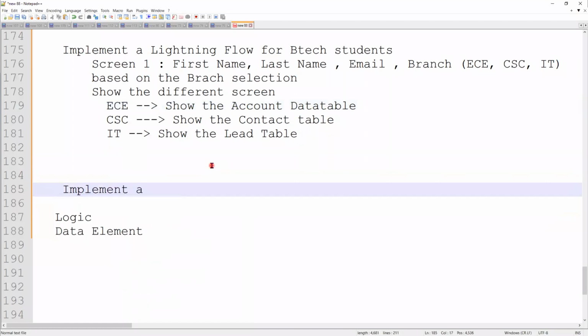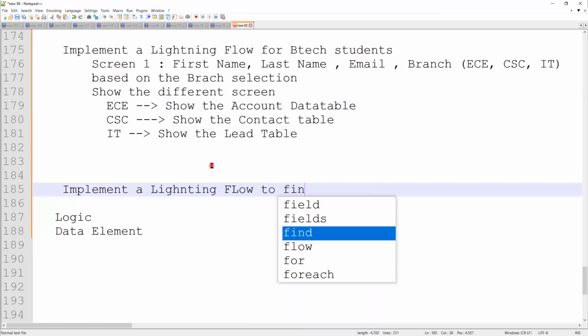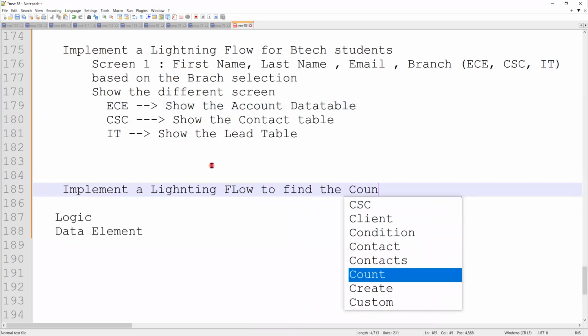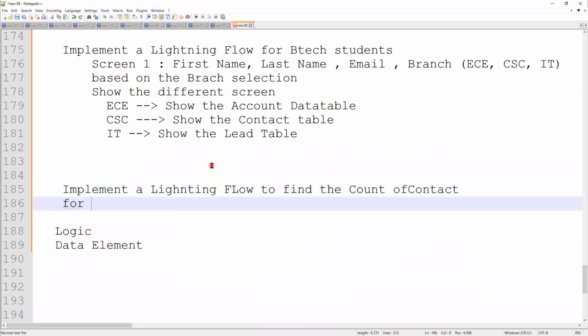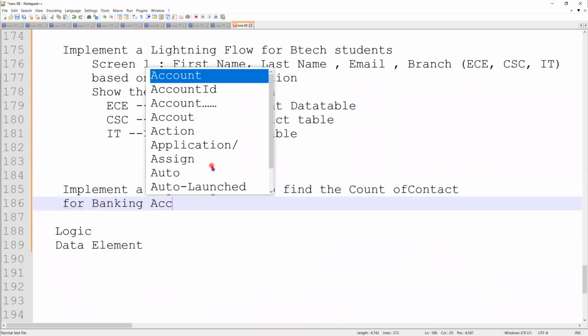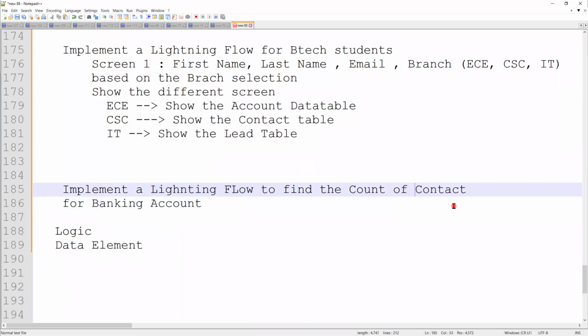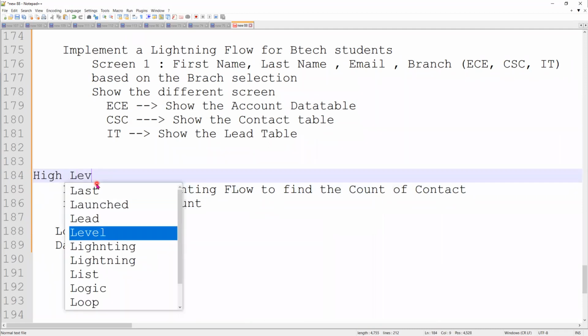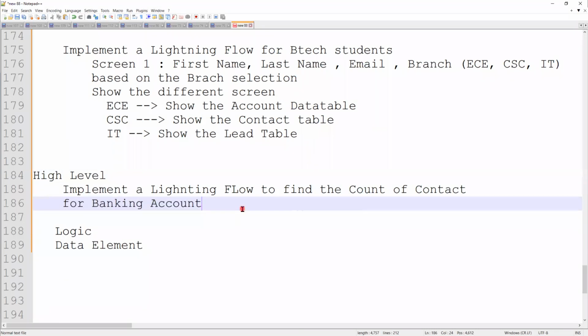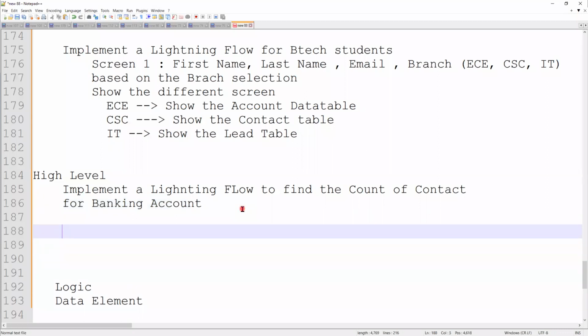Implement a Lightning flow to find the count of contacts for banking accounts. This is the scenario. This is a high level scenario. Now, when I go to the low level scenario, the low level requirement,